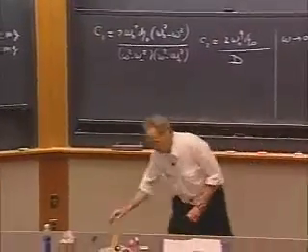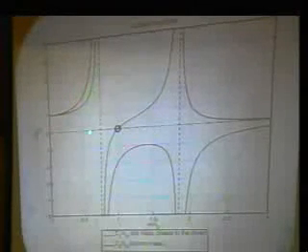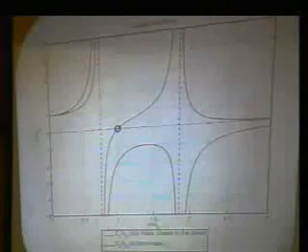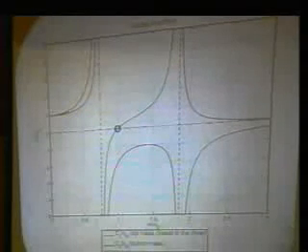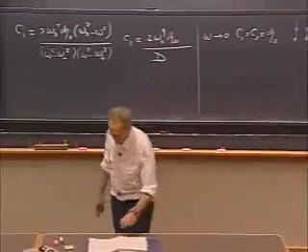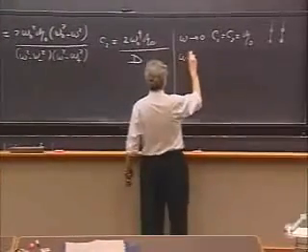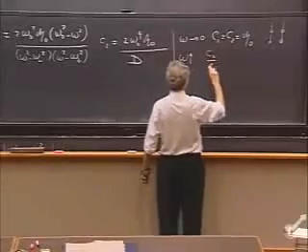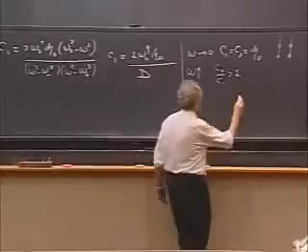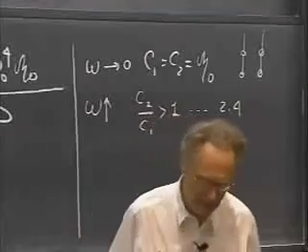However, you will see that when you drive this system, the double pendulum, and you approach resonance, you will very quickly see that the ratio of the amplitude of the second one over the top one will grow, will become 1.5, will become 2, and then in the limiting case, you will get the plus 2.4. So as omega goes up, you're going to see that C2 over C1 is going to be larger than 1. Right there, it is 1. And then ultimately, it will reach that 2.4,